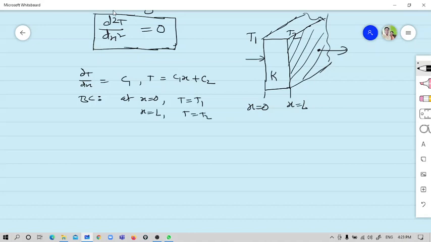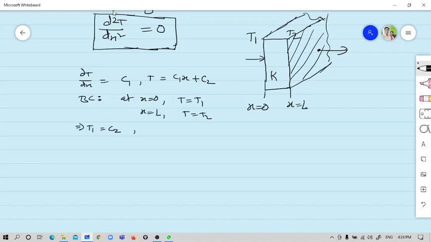It is obvious that since this differential equation is second order, you will have two different constants, integral constants or arbitrary constants. And to get these arbitrary constants, you need at least two boundary conditions. So we have two boundary conditions here. Using these boundary conditions, substituting the first boundary condition, I will have T1 equal to C2. That will be the equation because x is equal to 0, isn't it?